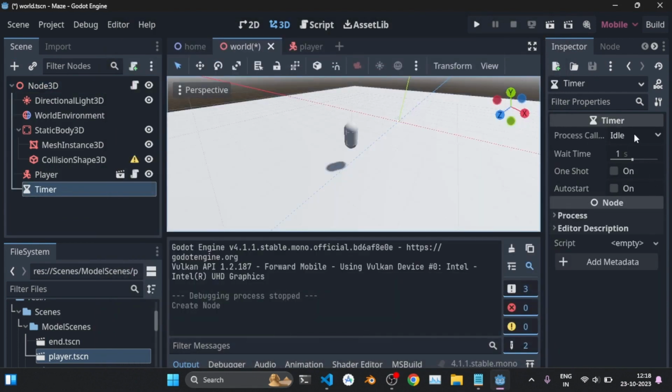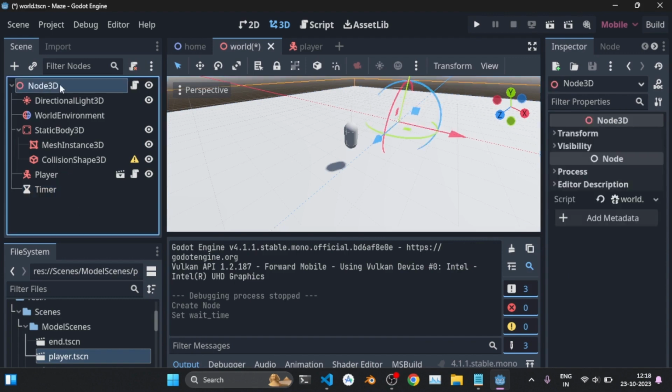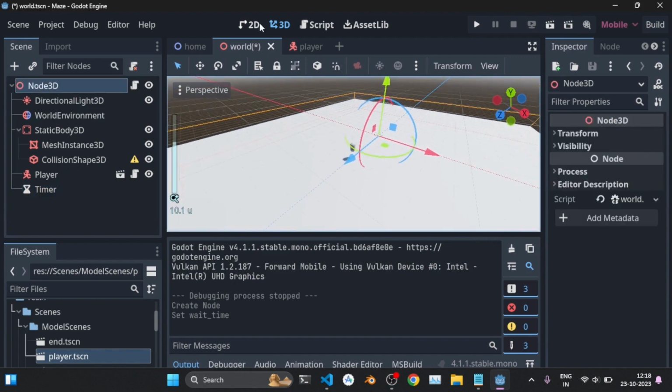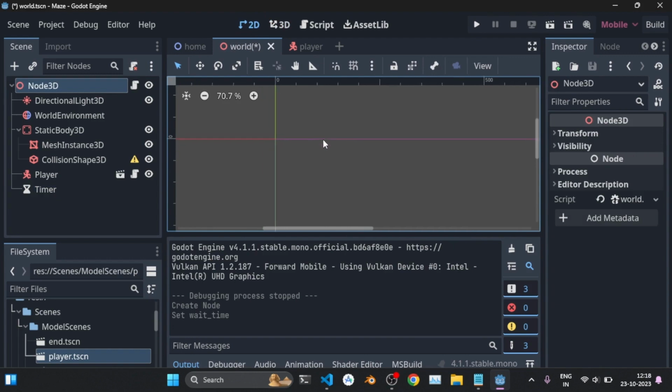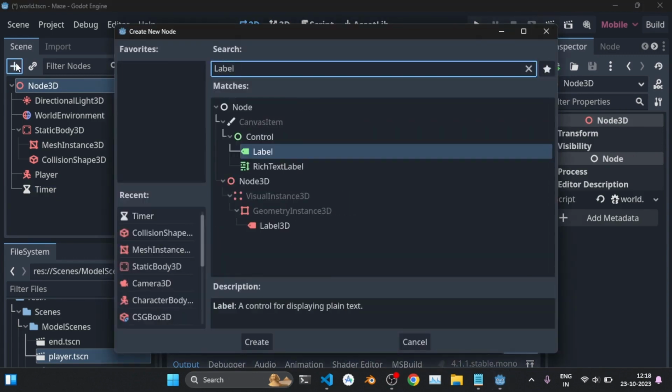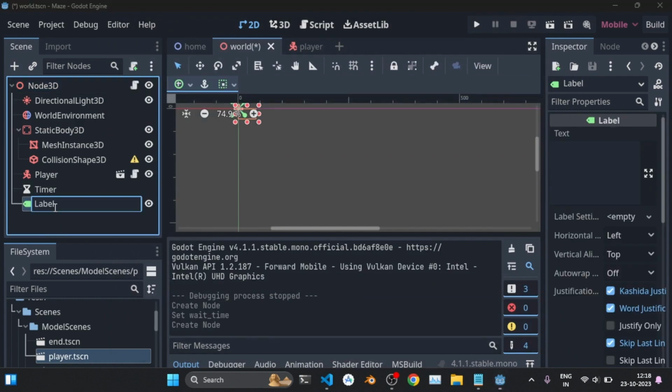The process call will be idle. Wait time will be set to, let's just give 5 seconds just for testing, so that we need not wait for more. If in the 5 seconds the player doesn't complete the game, then the game will be over. And then we also need a timer on our screen. So just go into this 2D section, and into the Node3D itself add a label, and I'm just going to rename it to TimeRemainingLabel,